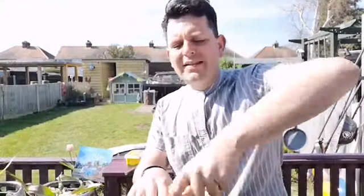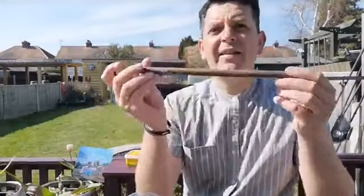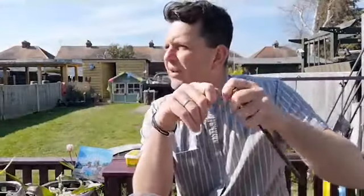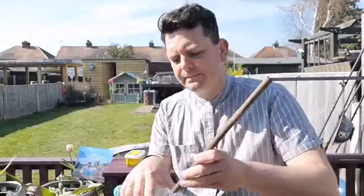And then what you're going to need next is either a bamboo cane like this, or a stick, like if you've got some sticks in the garden, or if you've got a tree where you can just break a little bit of a stick off so you can put it through. Now this is where the birds are going to be able to sit. Perch is the word, isn't it? Perch is the word I'm looking for. So the birds are going to perch on this part